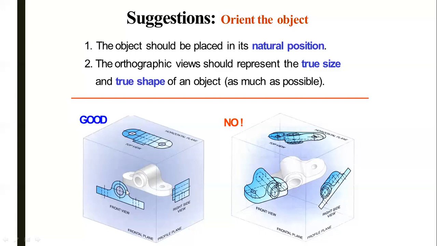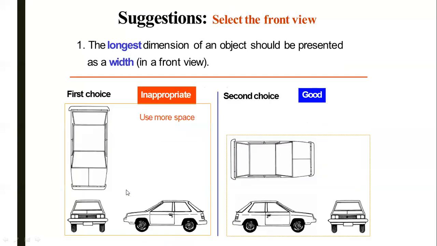There are different methods, so they are suggesting inappropriate and good methods which we can use. If we use such diagrams, then it is very difficult to draw our top view. So we have to use it like this. It can easily be drawn like this, and this will be its side view. Front view, top view, side view. It can be used directly for the first angle projection method as well, because in both these methods only where we draw these views is different. Everything else is the same.